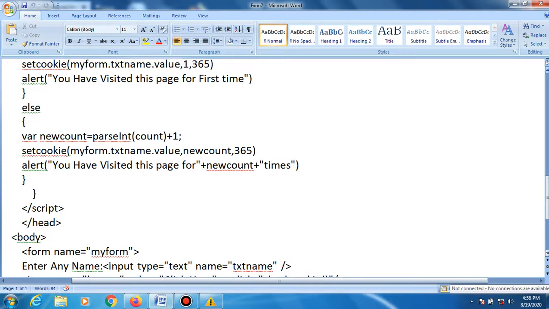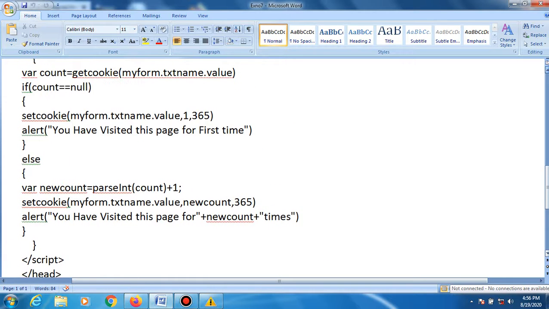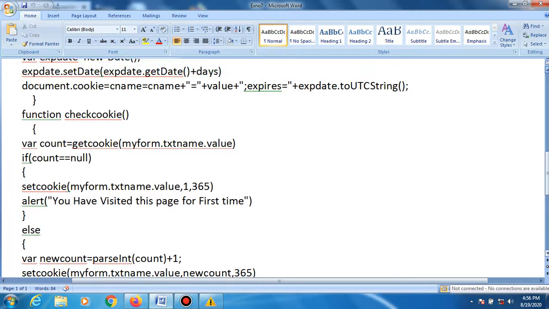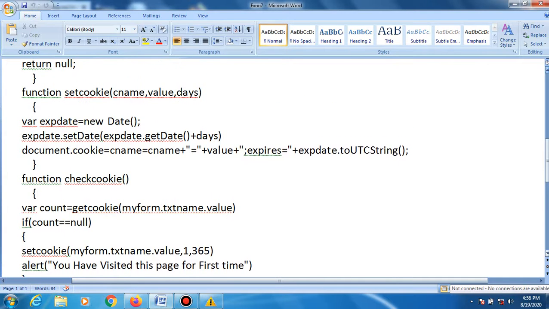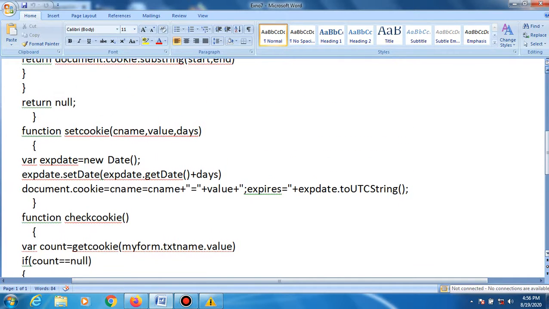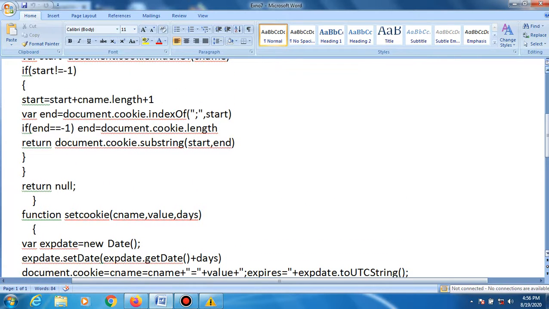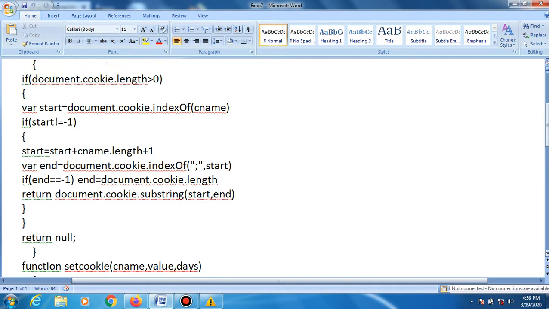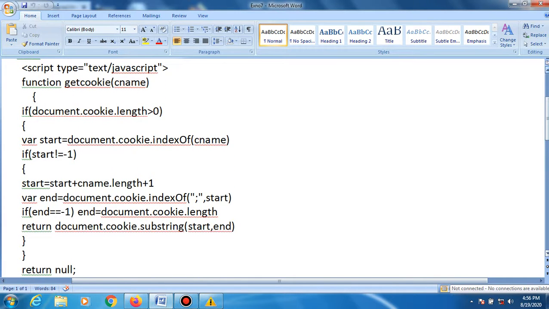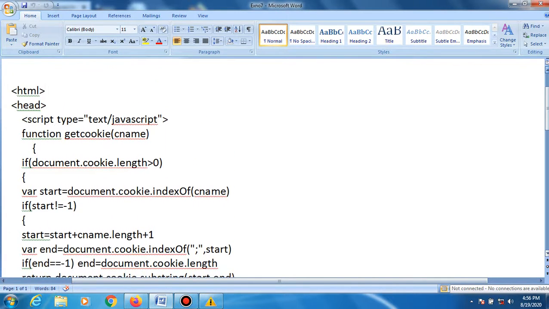Suppose there is an error, compare with this PDF copy, rectify the errors, correct them, then execute it again, and you will get the output.